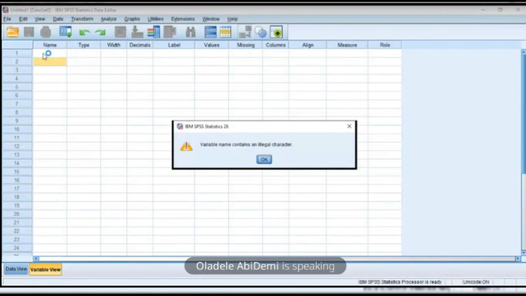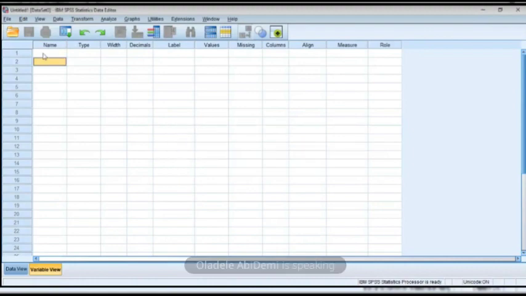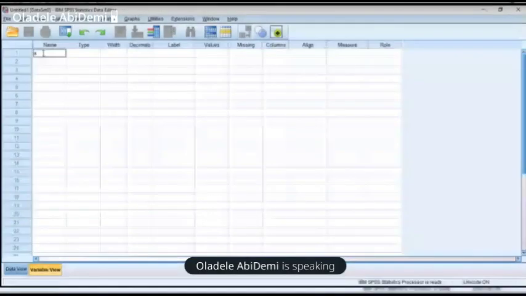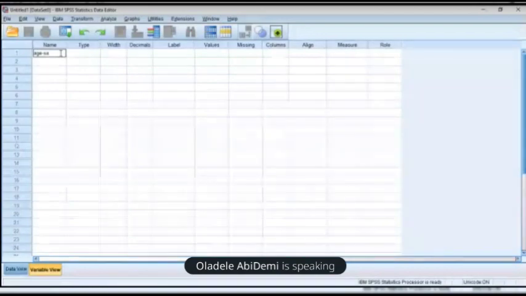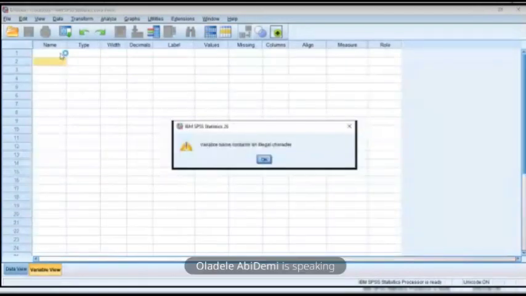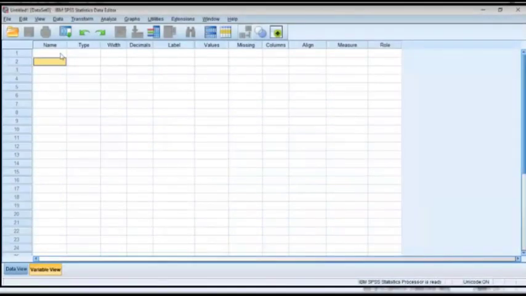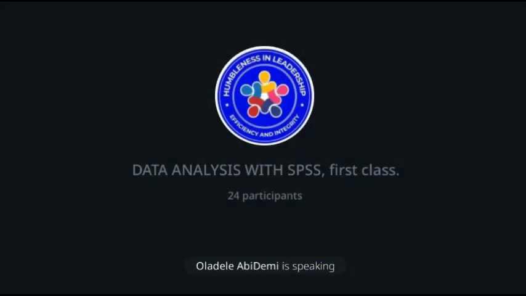It will not allow you to use this space. This particular character is also not allowed if you have anything like it. It is an illegal character. Basically, it contains alphabets and numbers. It allows that. So, age.